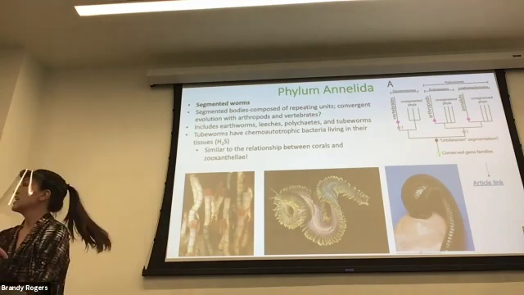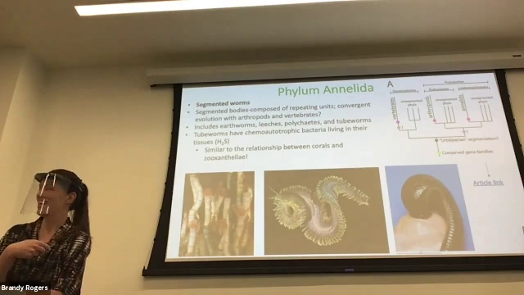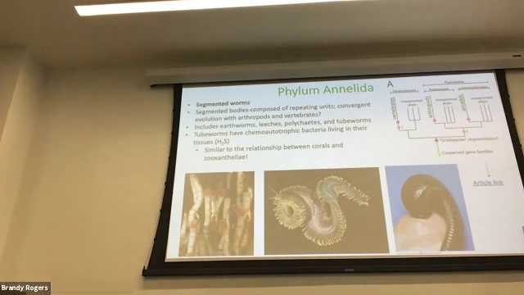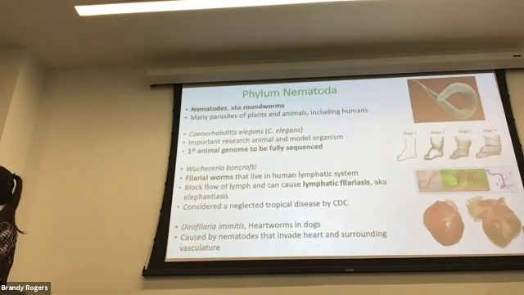Probably the most interesting thing I can tell you about annelids, and segmented worms. Next group of worms, 3 of 3, the nematodes. Nematodes are roundworms. You may have heard of a couple of these species,